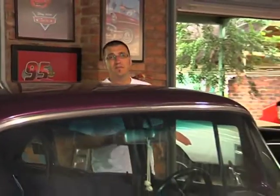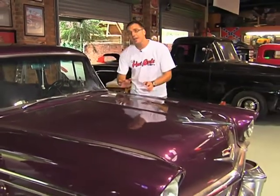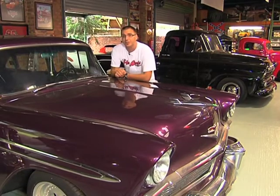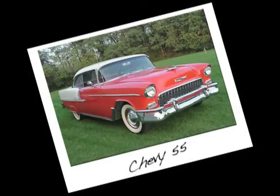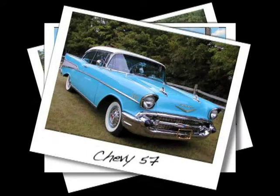Now, if you spend some time with the Rodders, you will hear about the thing called the Tri-5. The Tri-5 is the 3 main Chevys that started it all. You had the 55, the 56, and the 57. GM or Chevy really went all out with them. A lot of guys' biggest dream is to actually own the entire Tri-5. Now, the